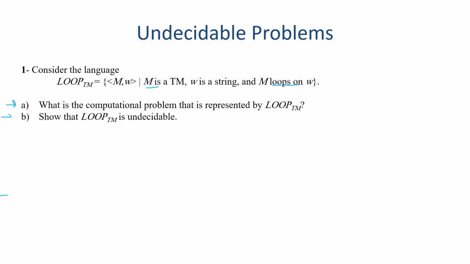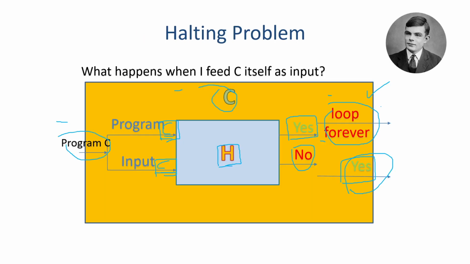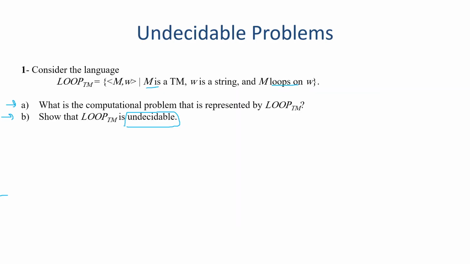Now they're saying show that this is undecidable. We haven't seen this question before. So far, everything we've shown is proof that something is decidable. How can we prove that something is undecidable? Similar approach, we're going to be using contradiction. We're going to be assuming that it is decidable, and just like the halting problem, use it to build something, and then we reach a contradiction. But the something that we're going to build is not a logical paradox or a logical error like what we saw before. It's going to be actually the following. We're going to be proving that